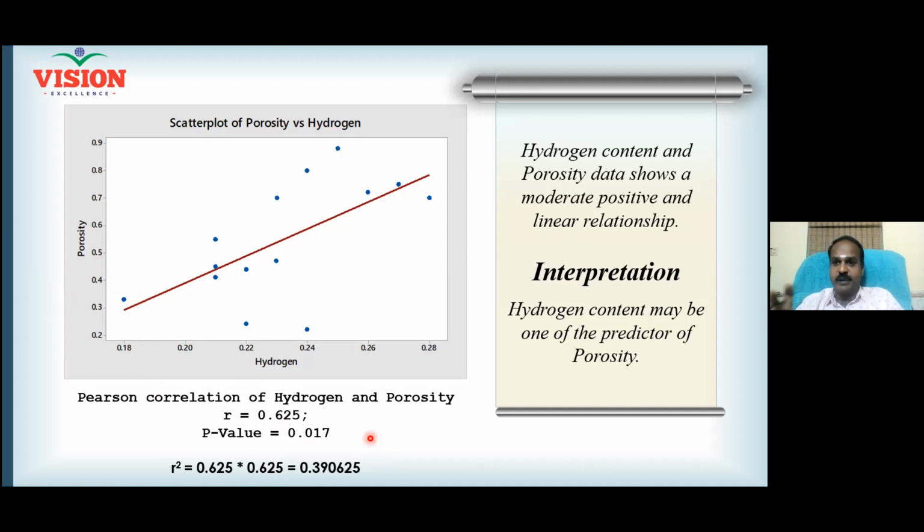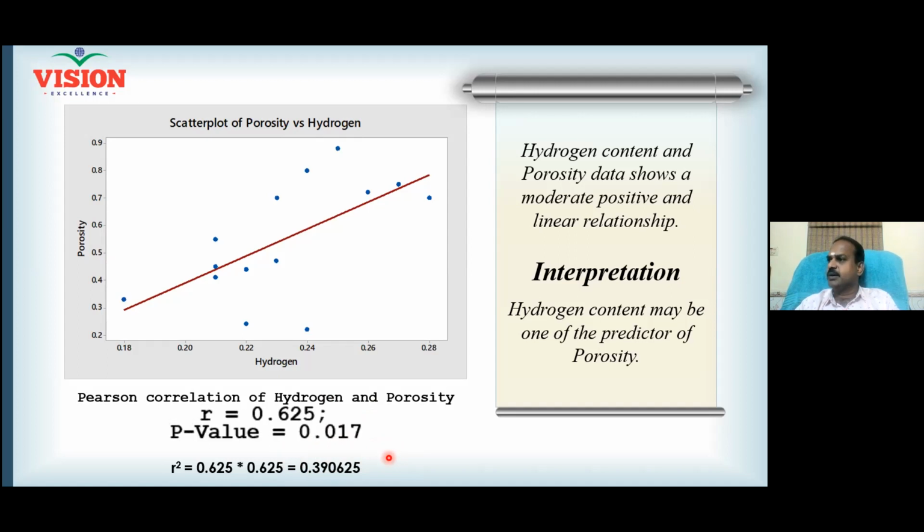Isn't it? Your study considered only one factor, one cause, but there could be other causes, maybe the pouring temperature, maybe the pouring velocity, isn't it? All that could influence porosity. So the number of factors you included is not sufficient in the study because I get only 39%. For statistical studies to be strong, you must get this R square value at least 80%. If it is close to 100%, that will be great.